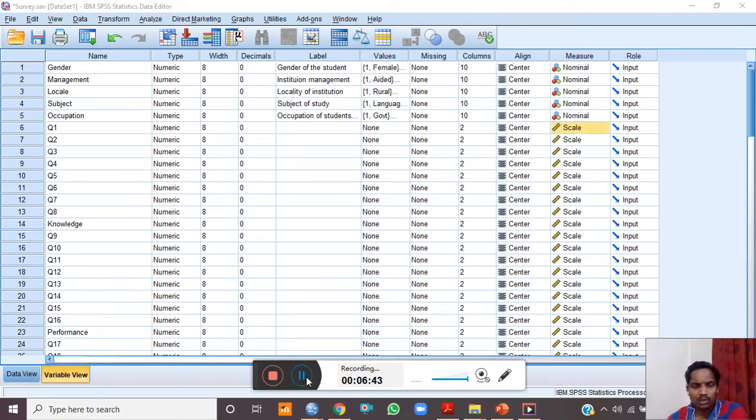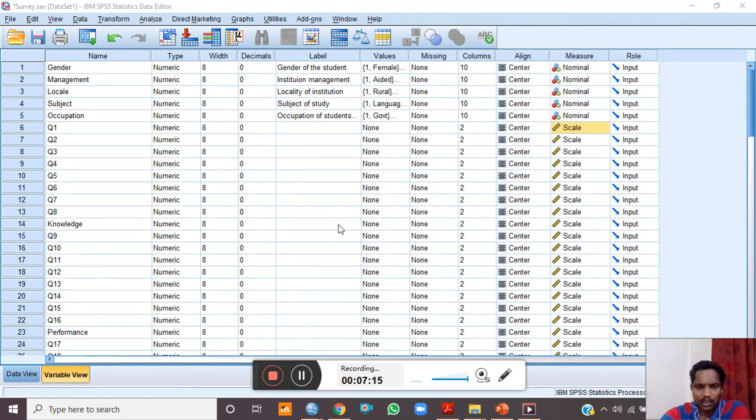So now let us move to the real statistical part. The first thing, as a researcher, the researcher will do is the frequency calculation. You will see how many males are there, how many females are there, how many students from rural urban background are there, how many students are studying mathematics, physics, chemistry, languages, etc. So let me show you how you can calculate the frequency from this data set.